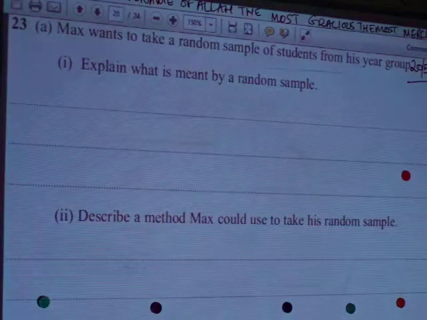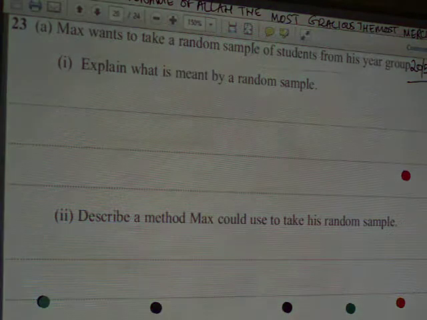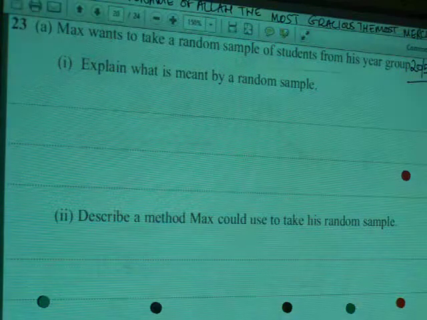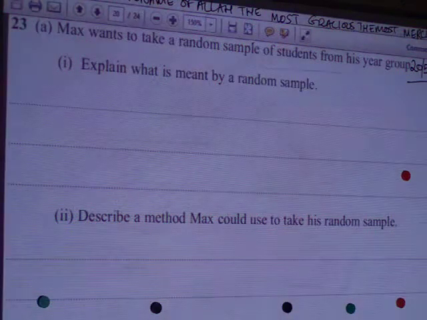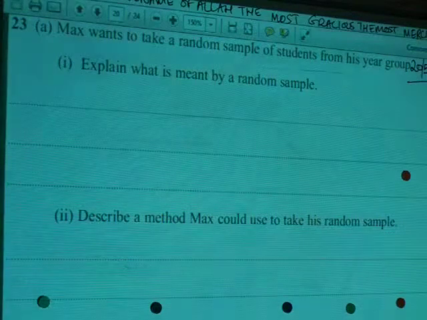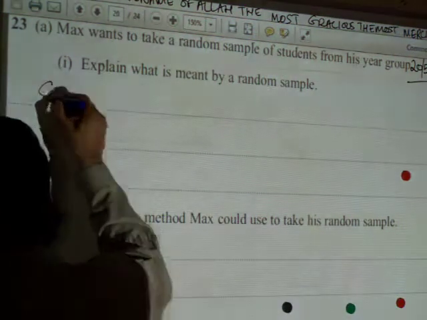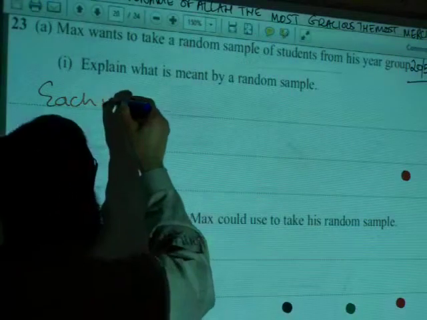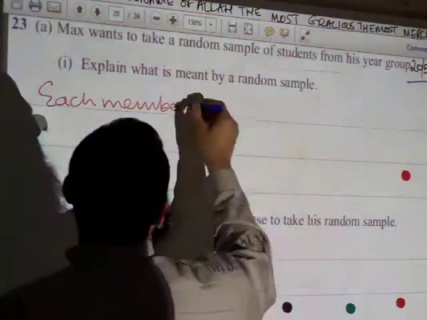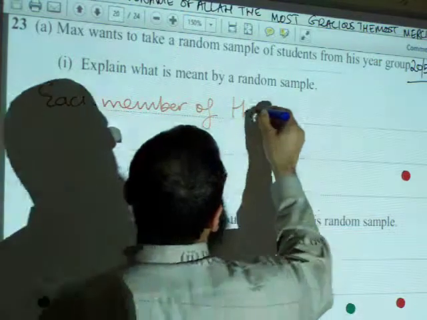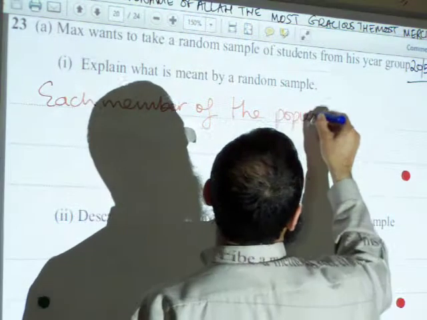What's number 23? Max wants to make a random sample of students from his year group. Explain what is meant by a random sample. Okay. What is meant by a random sample? So each member of the population